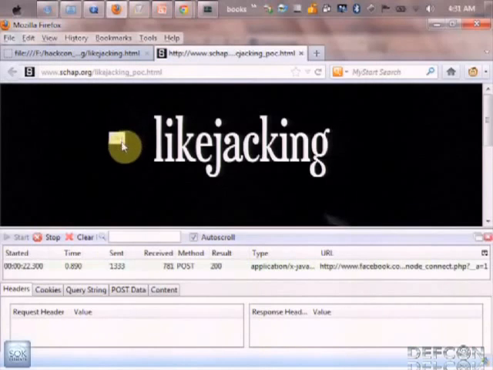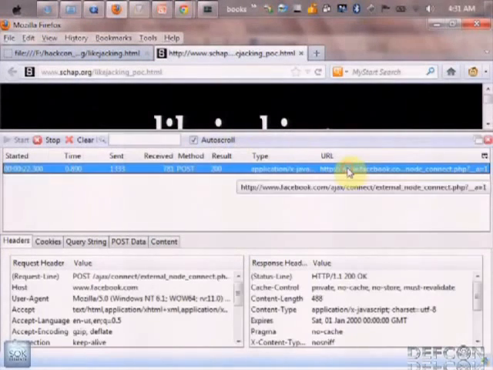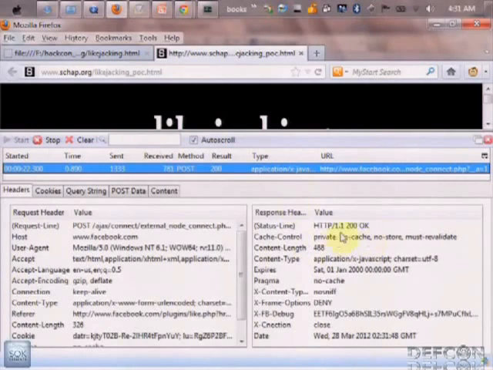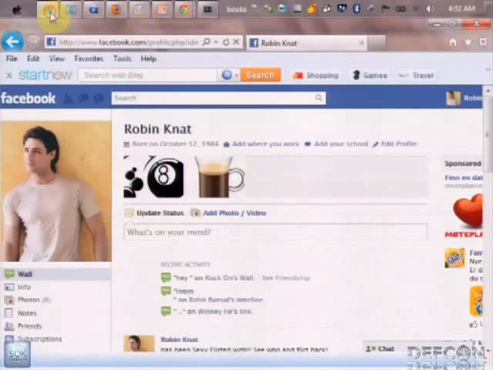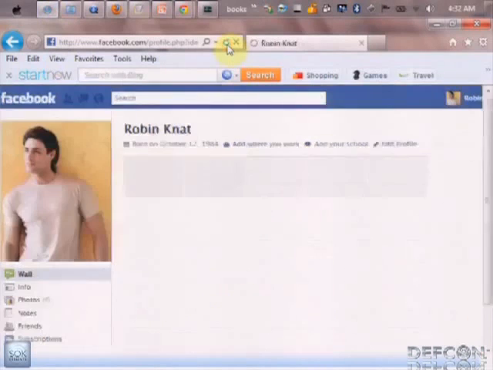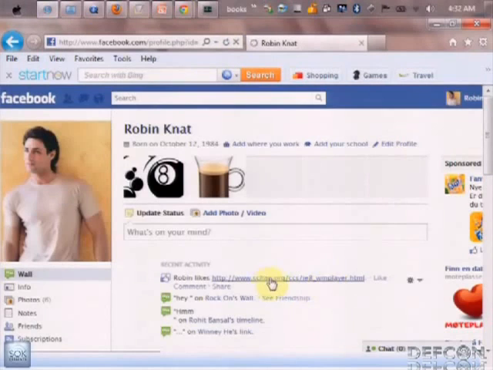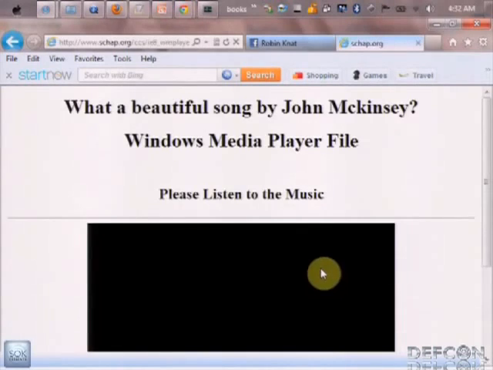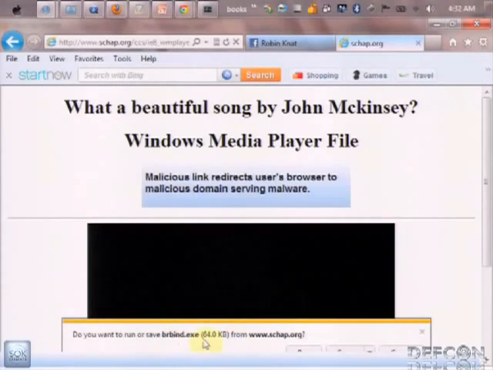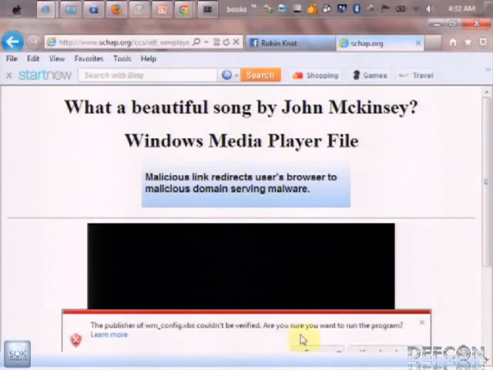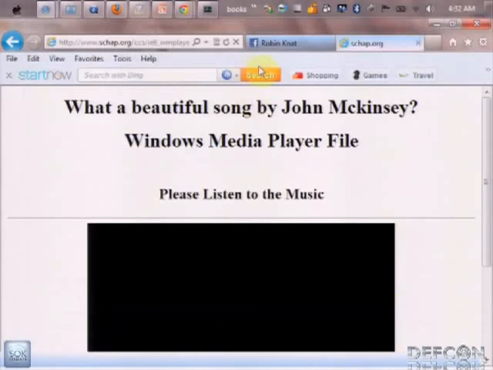So when the user clicked on this malicious page, a request is being sent in the form of a post parameter, and it goes to facebook.com actually. So what happened in this case, when I logged back into the account and refreshed it, you'll see there is a like link that appears, called Robin likes this link. And when the user clicks that link, it is redirected to the malicious domain here, which is actually serving a backdoor VMware, like a VM player file,